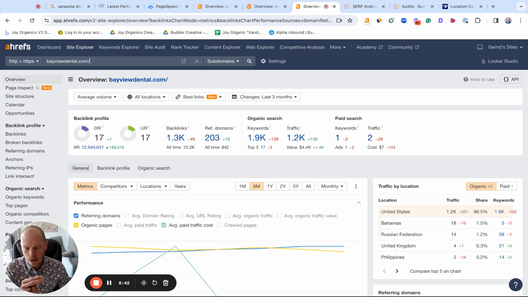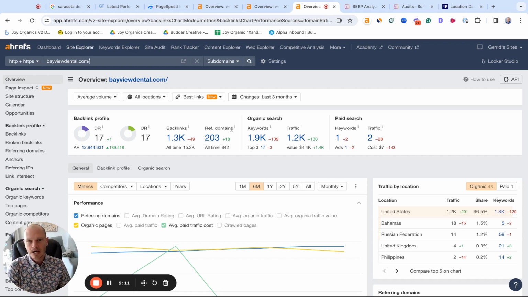The number 2 ranked website is this site, Bayview Dental. They've got 203 referring domains, also generating a lot of traffic, but they've got a little bit more going on. What I generally notice when I find a competitor like this that has a lot of links but is not ranking number 1, especially when it's so much more than a competitor, it's probably some on-page issues, or some technical issues, but I would say more often than not, it's just basic on-page stuff has not been